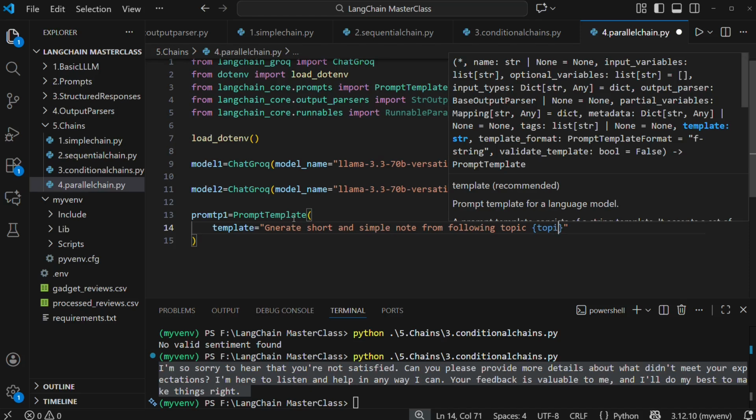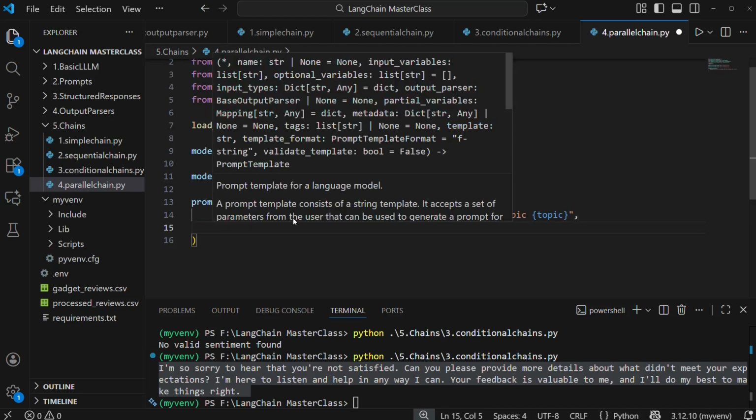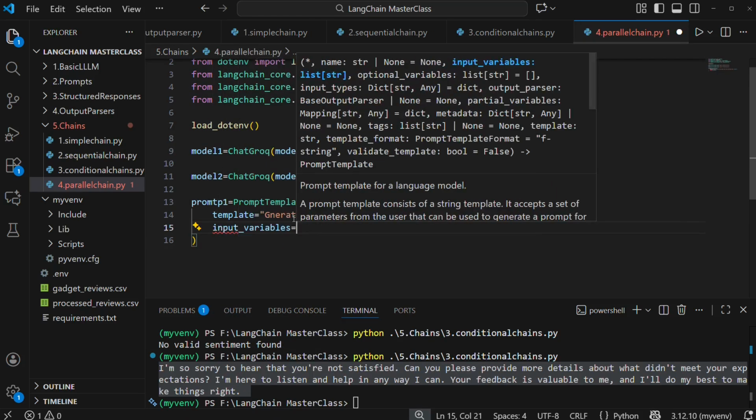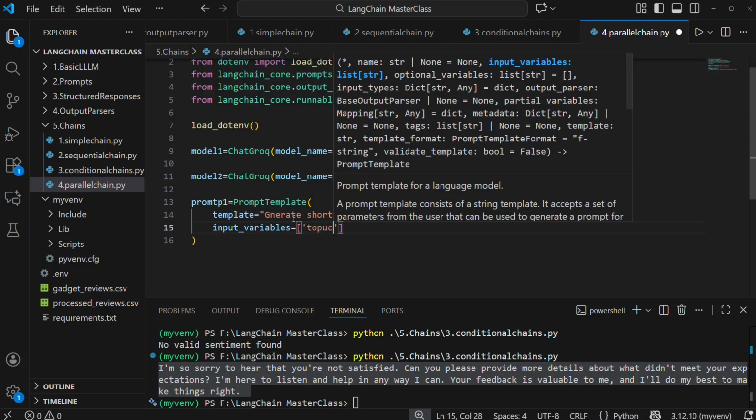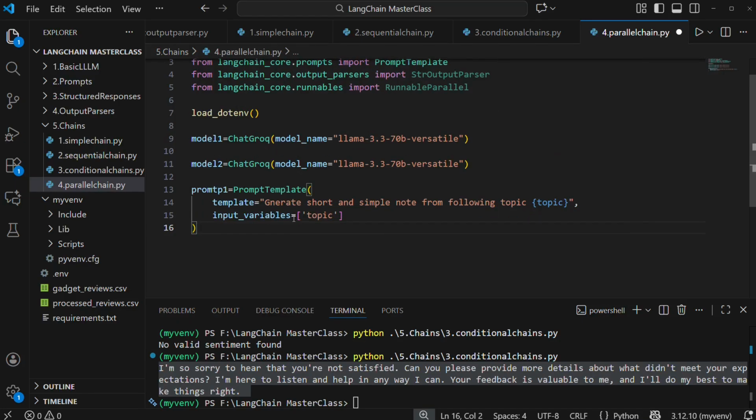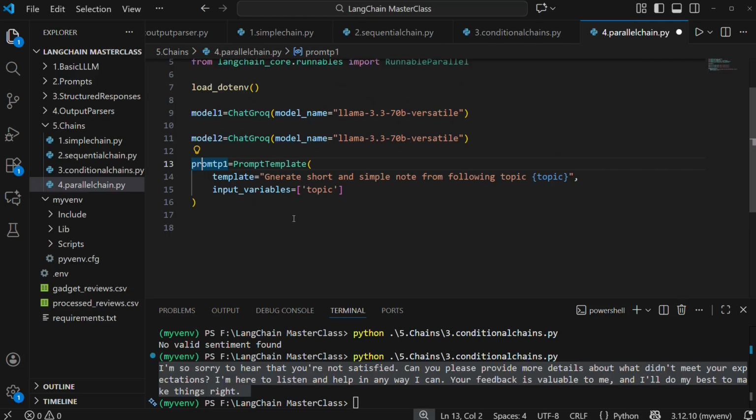So I'll provide a topic here, and then since this is a placeholder, I'll also define input variables, and inside this I'll provide a topic. I'll have prompt 2. Let me correct the spelling here. Prompt 1. I'll have prompt 2